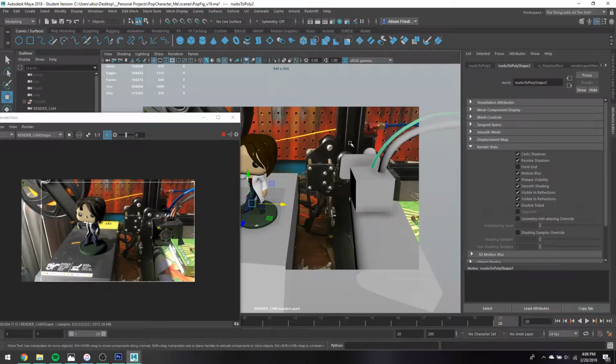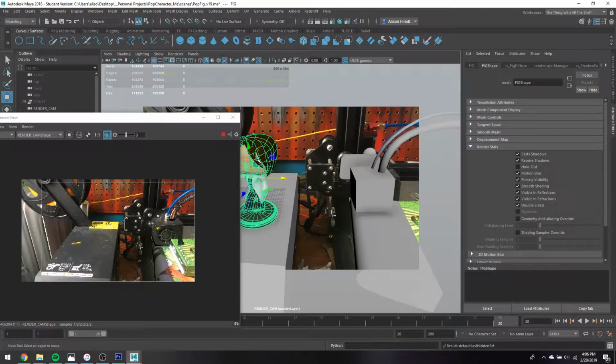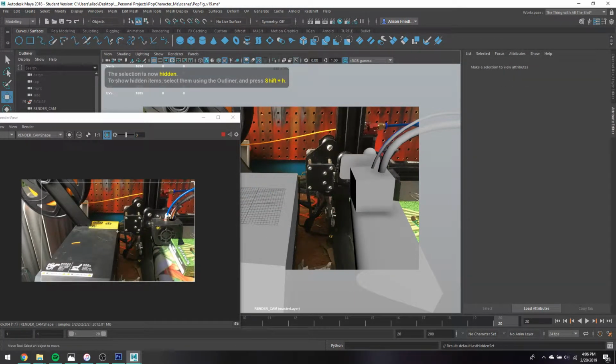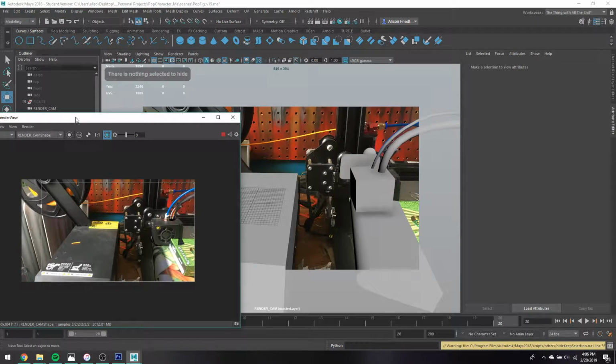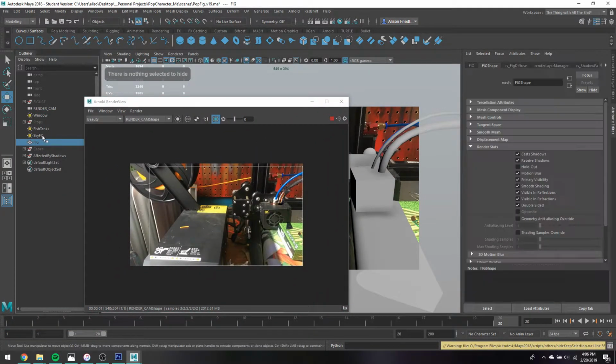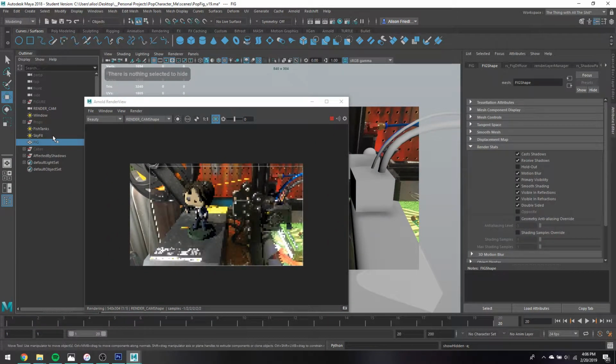But yeah, once I moved my camera back in position, you can see that the shadow is showing up on this little light thing here. And if I hide this figure, you can see there's no shadow here anymore, no shadow here, no shadow here. So I'll unhide that figure. For some reason I forgot the hotkeys for that. So you can see that again. Once I unhide this, it'll go back in and add in all of the